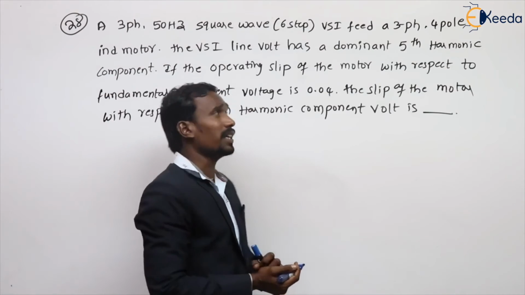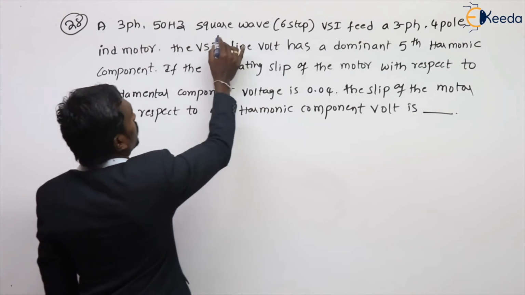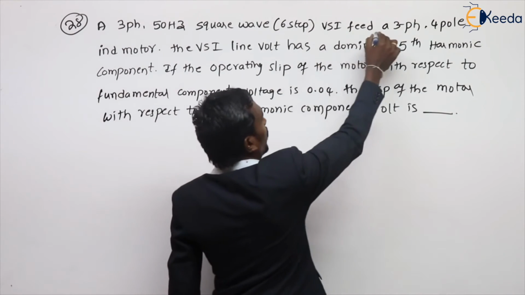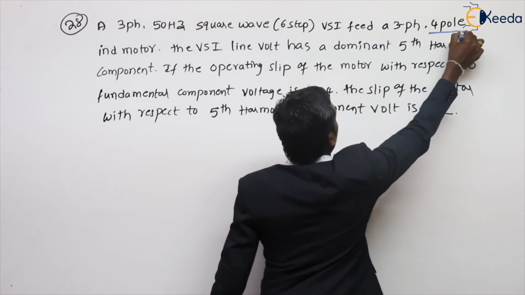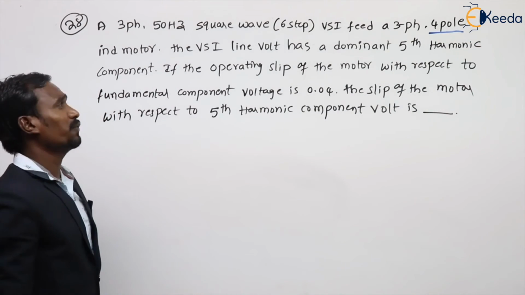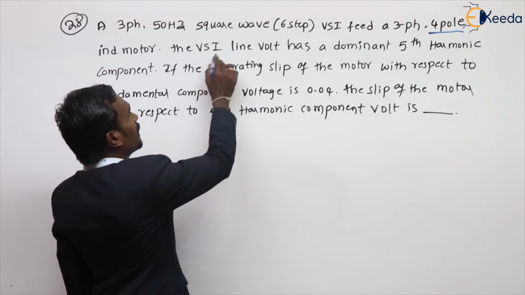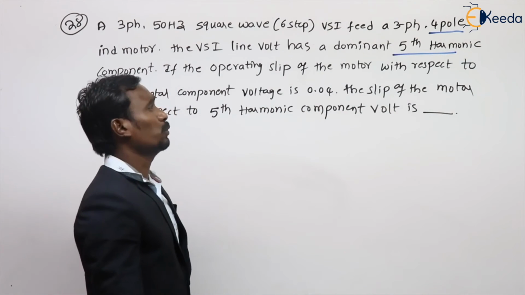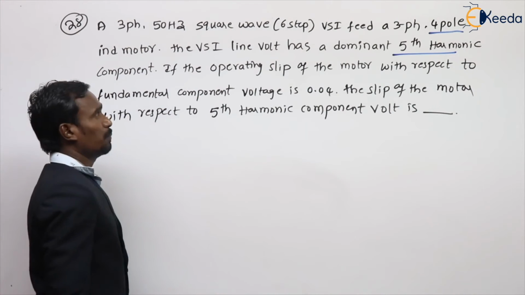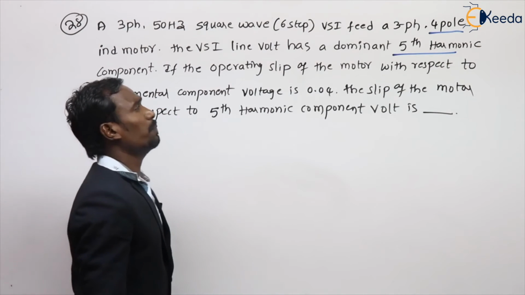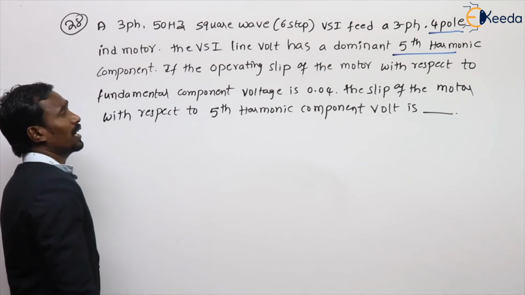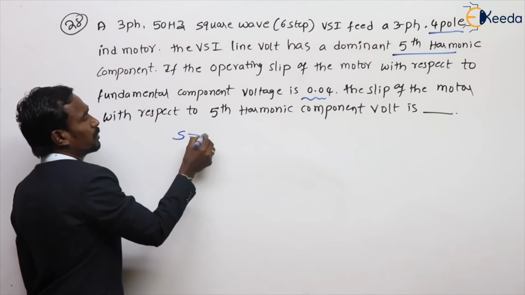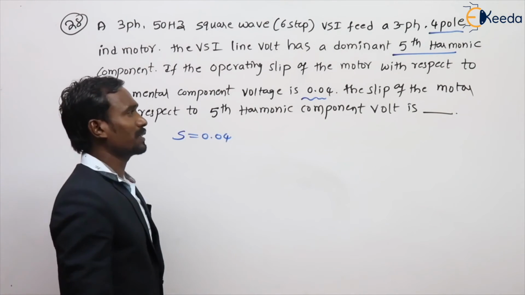Are you okay? See here, a 3-phase 50 Hz, 6-step square wave voltage source inverter fed a 3-phase 4-pole induction motor. The voltage source inverter line voltage has dominant fifth harmonic component. If the operating slip of the motor with respect to fundamental component voltage is 4%,